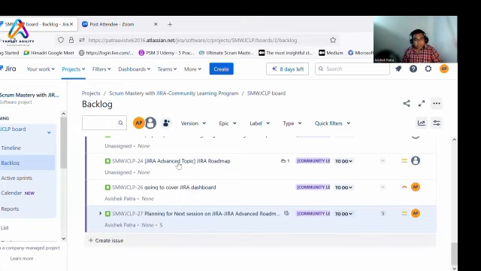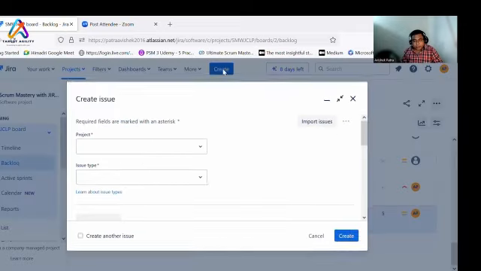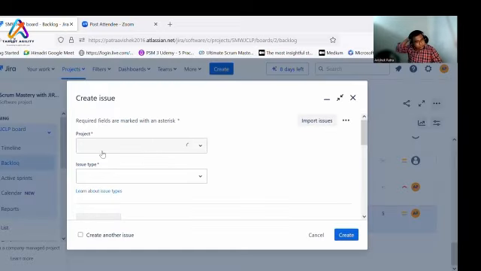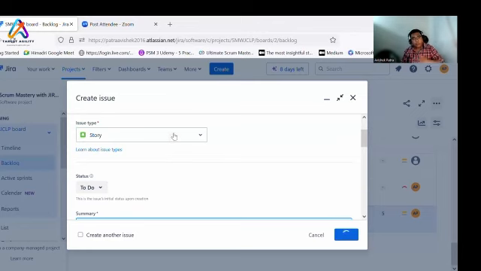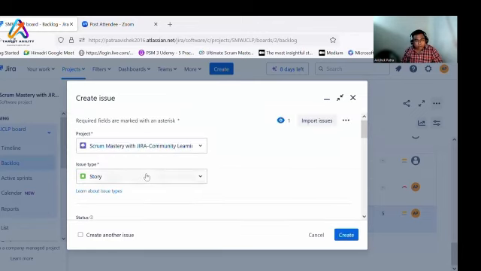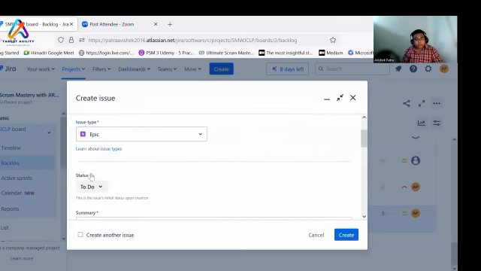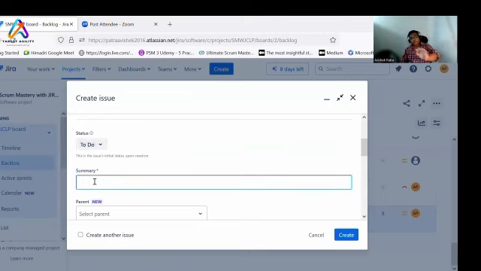That this is not for the epic. When you go and create here, you will get the project under which you want to create that epic, or the bigger initiative that you want to do. In case you have an initiative, then you can also create an epic. Select here story, then epic here, and then you can define a summary of this. For me, an epic would be to have small and shorter sessions on the advanced Jira topics, right? To plan shorter sessions on the advanced Jira topics.